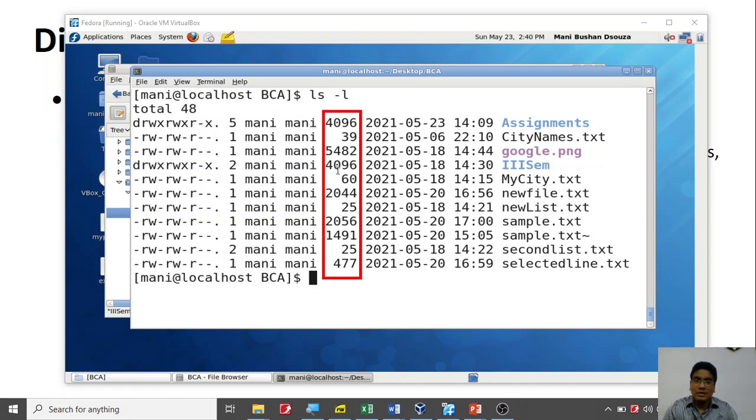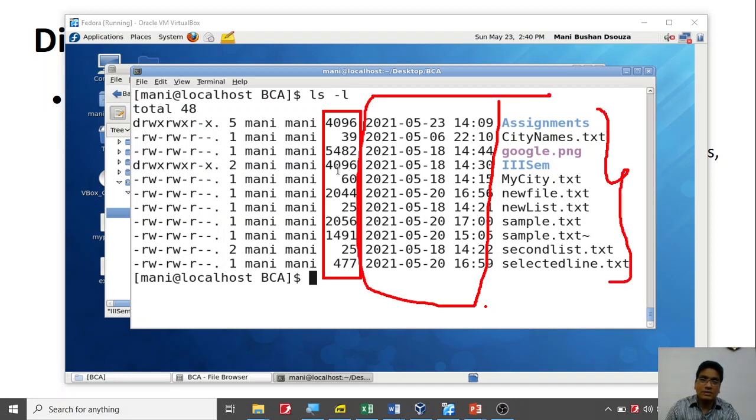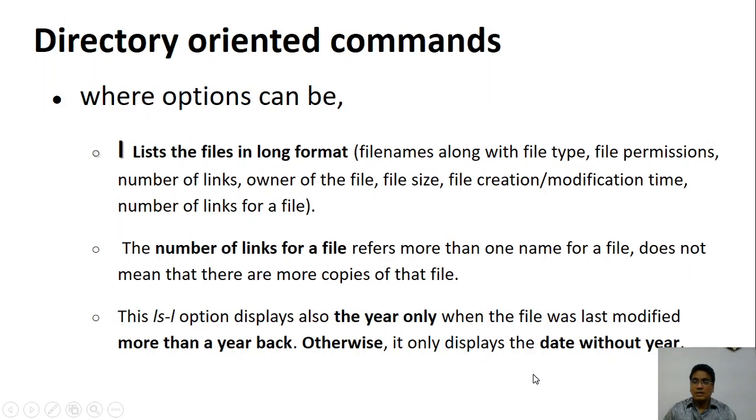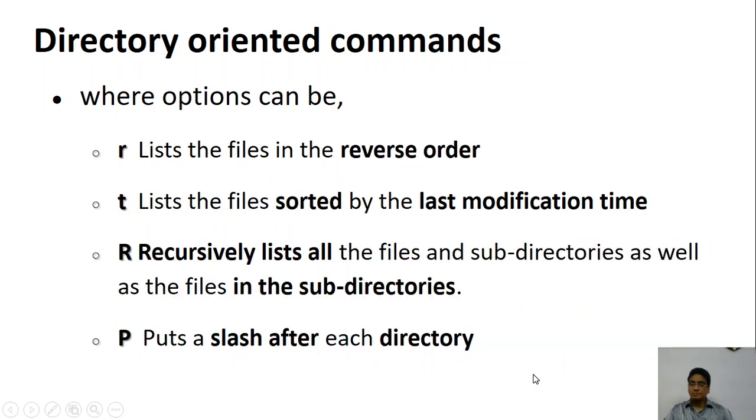Then when this file is created, that detail is going to show, you can see over here. And finally the names of all the files which are created, all these things will be shown in the -l option. So this is what you are going to see in the -l option.